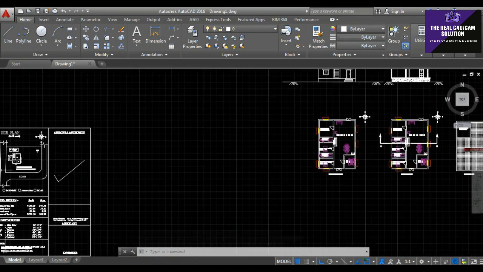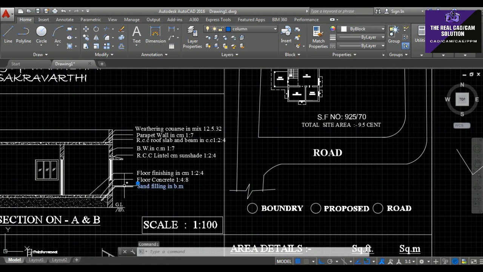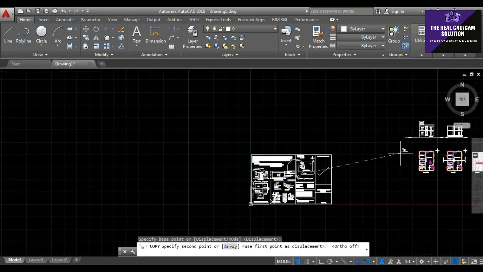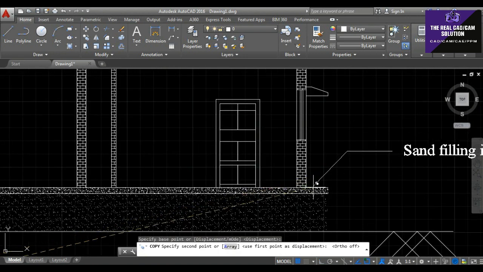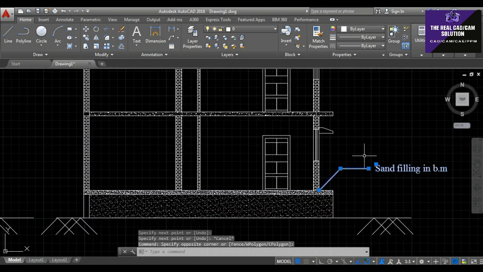First of all, we choose this sand filling and concrete floor, and copy it to draw like this, or you can text it your own way. Okay, this is sand filling.